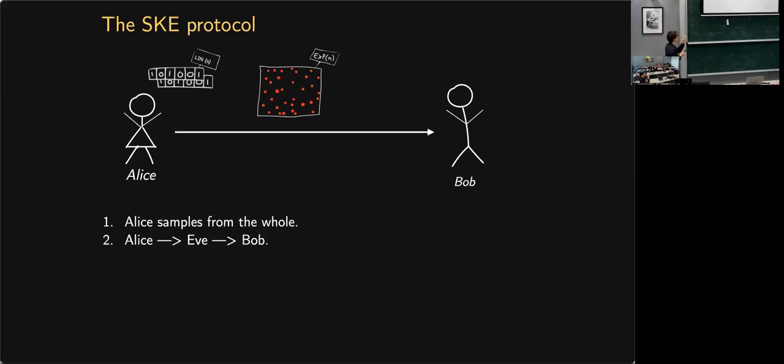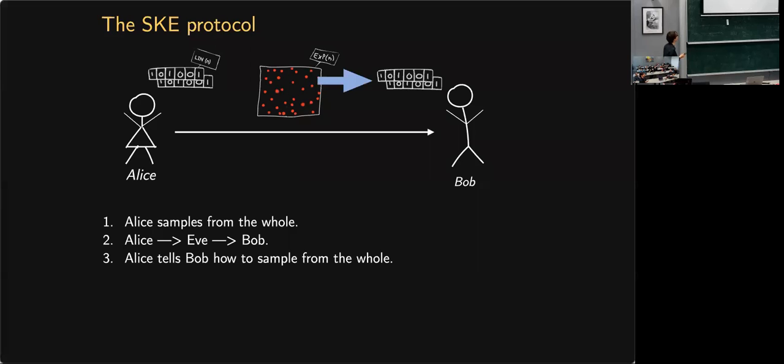Then she sends the state to Bob. Eve, potentially in the middle, intercepts it and does whatever she wants with it. Bob receives the state, or something else that he believes to be the state. Then Bob tells Alice, okay, I've received what I think is the state. Alice reveals the sampling positions, but not the values, just the positions at which she registered the secret bit. And then Bob also extracts this information.